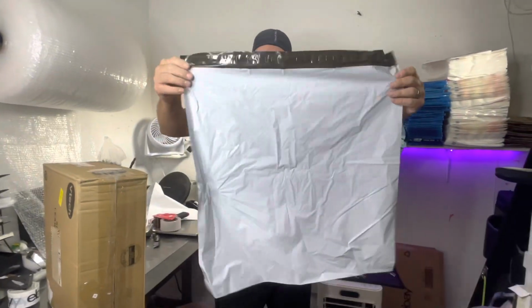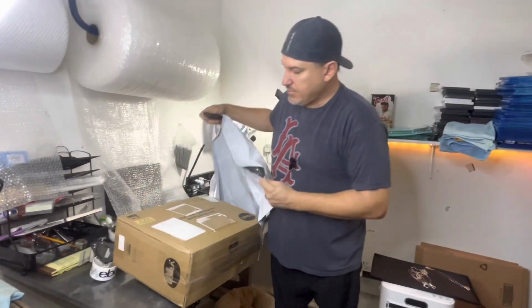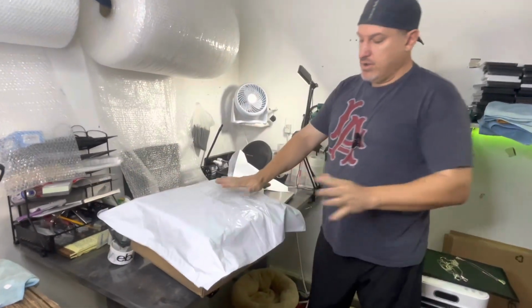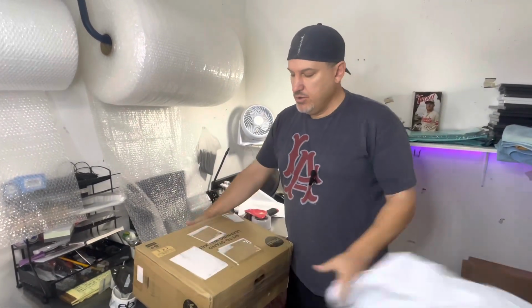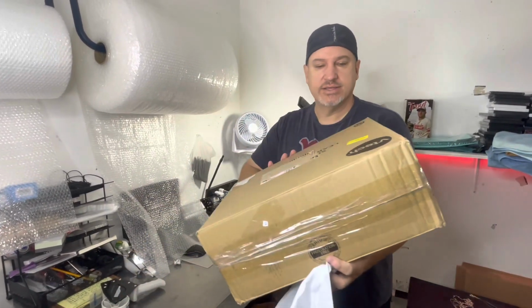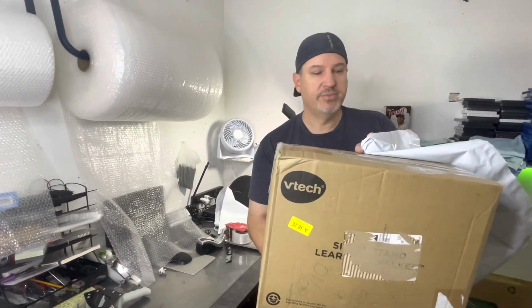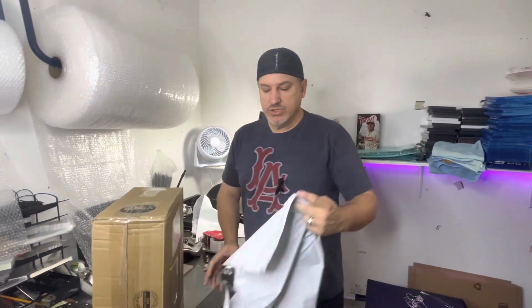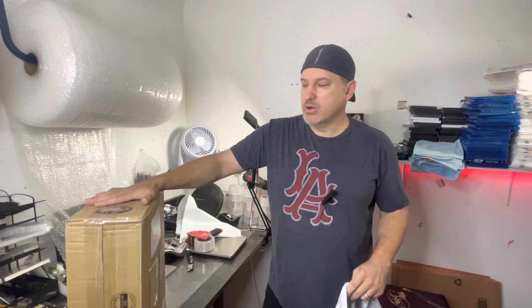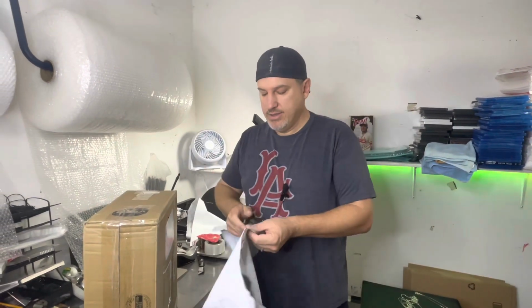This is a 24 by 24 poly bag. And as you can see, you can do that. Now, one thing this time of year, Christmas time, maybe you don't want to ship it out like this because you don't want the Christmas recipient to see that they're getting something VTech or whatever, right? So without bubble wrap or with bubble wrap, just simply throw the poly bag over